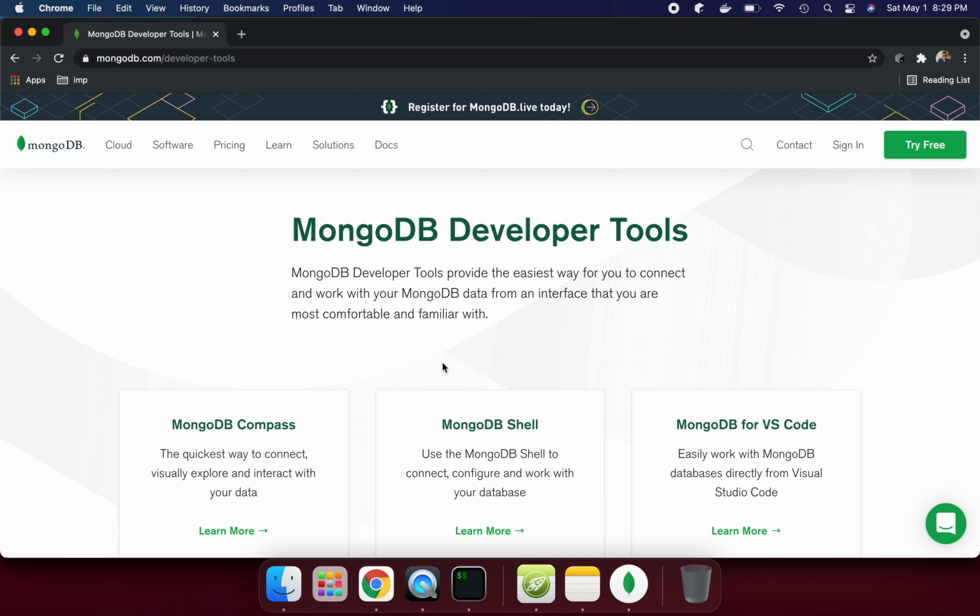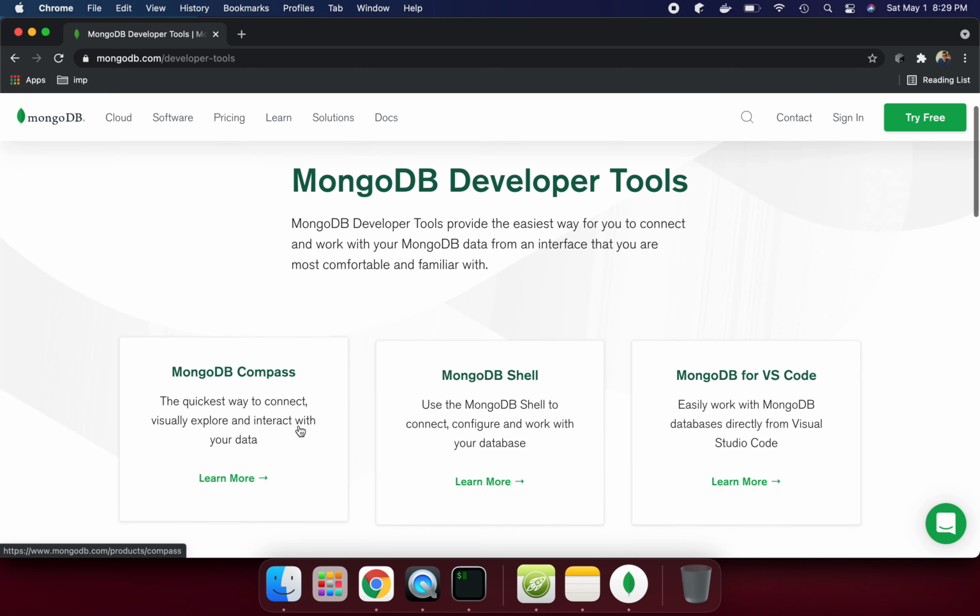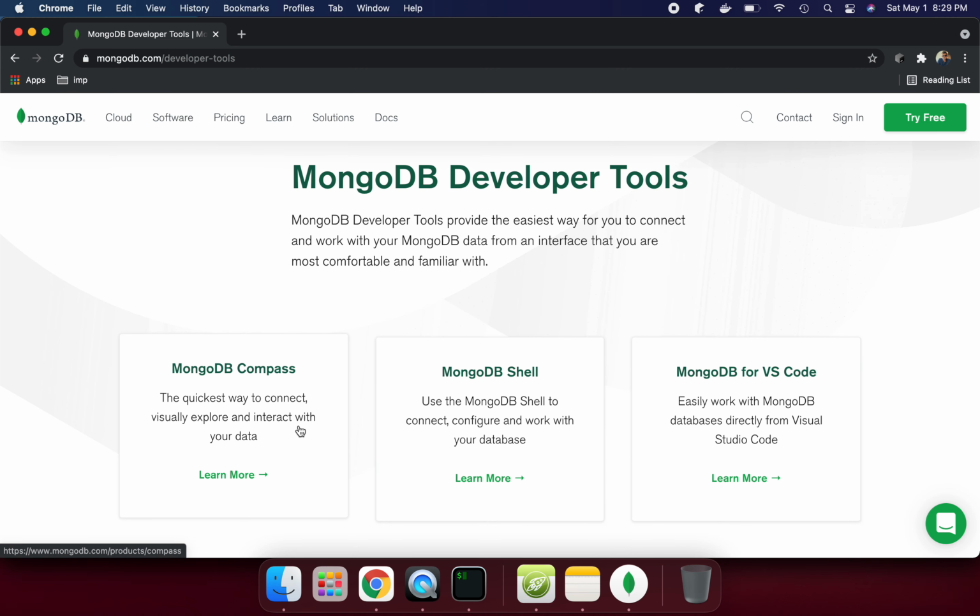I'm going to talk about how we can use MongoDB developer tools like MongoDB Compass, or whatever you are using, like Robo, RoboMongo, or NoSQL Booster. So how we can use it. We have seen in the last few videos that we used MongoShell to perform all the activity: how we can create the database, how we can create the collection, how we can insert the documents. The same operations you can do using these tools.